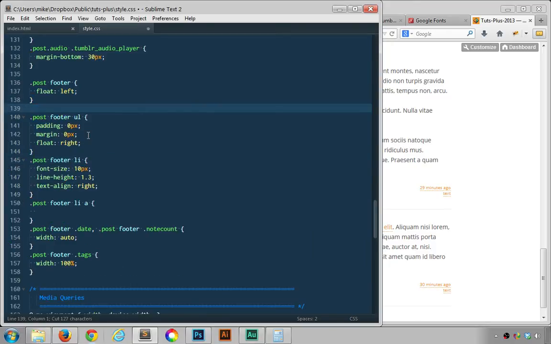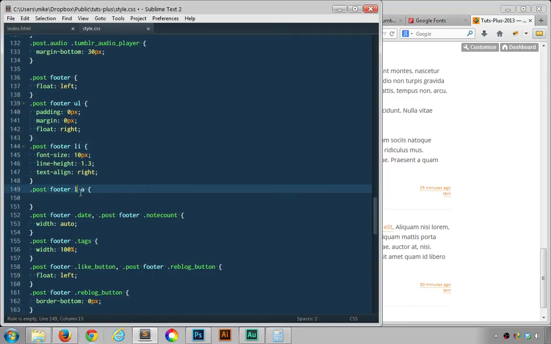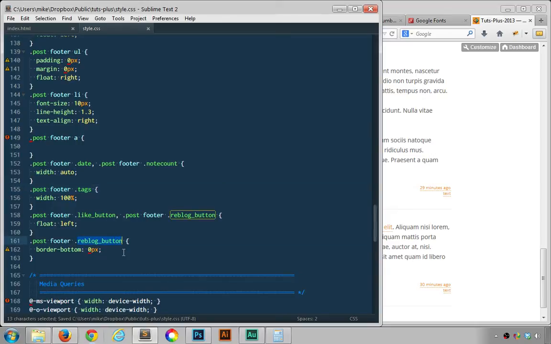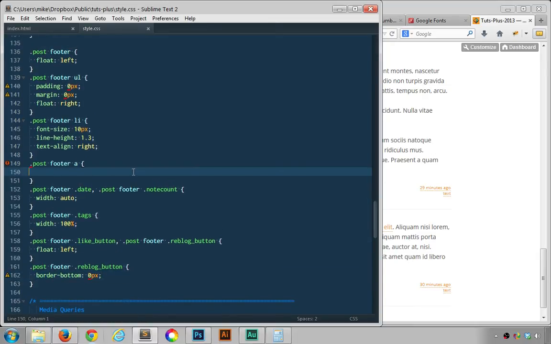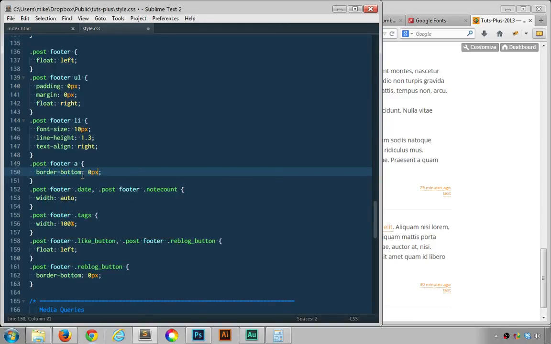So just take these and then just place them after that. So that way we can write the anchor like so, and then because we're being specific with a class name of an anchor here, then the border bottom won't be applied. So border, and then